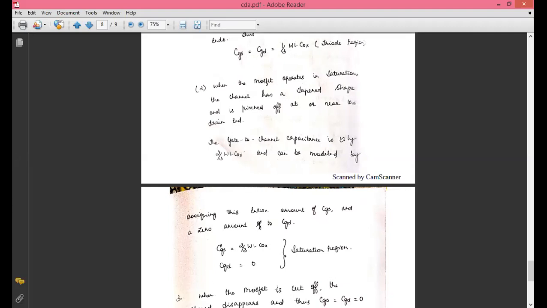Understood? Please tell fast. Shreyas, Prajwal, did you understand? So how many regions are there? Fast. Three. Three. In triode region, what capacitance effect do you write? This one. CGS is equal to CGD. This one you have to write. Very good, Prithvi. And in saturation region, what is the capacitance effect? In saturation region, what is the capacitance effect?